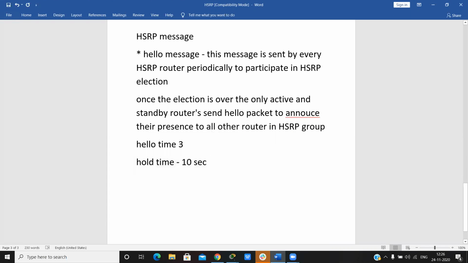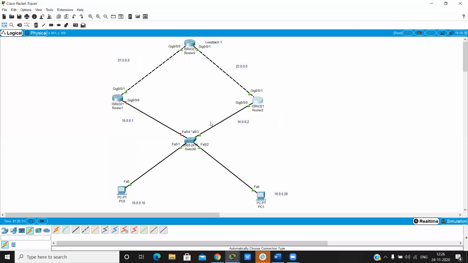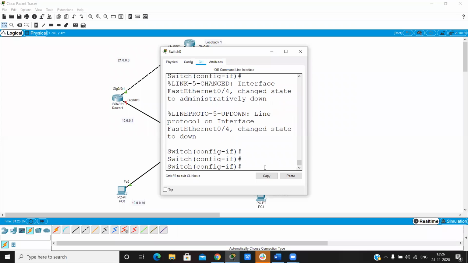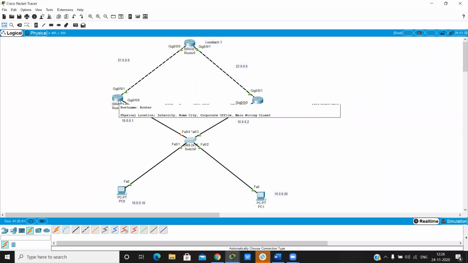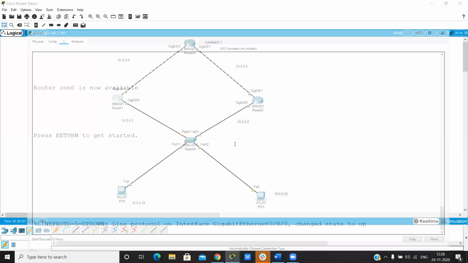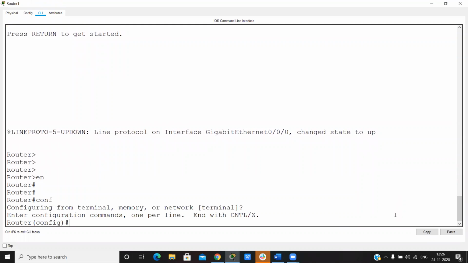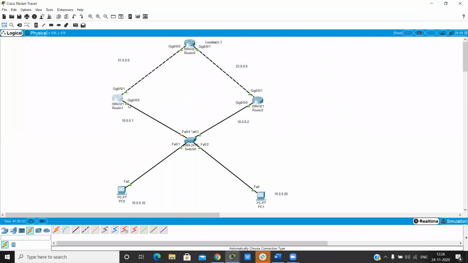So how do we enable HSRP? Firstly, we have to no shutdown, then enter global configuration mode and the interface. We always configure this on the interface which is connected to our LAN.